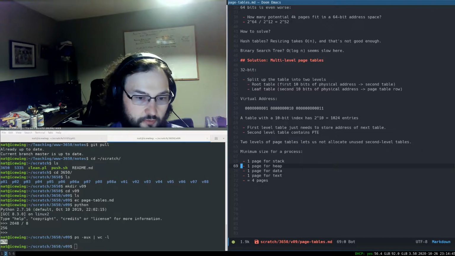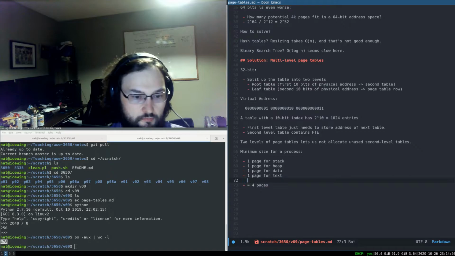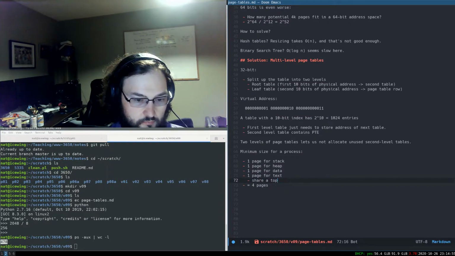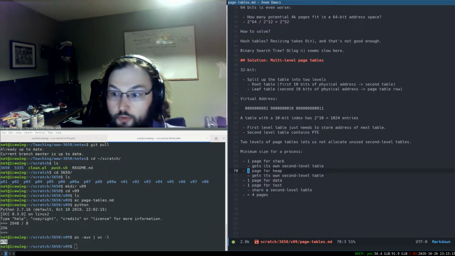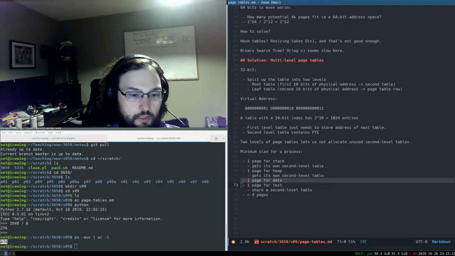In a 2-level table, we can have the stack and heap each get their own second level table because they're not next to anything else in memory. We can have data and text share a second level table